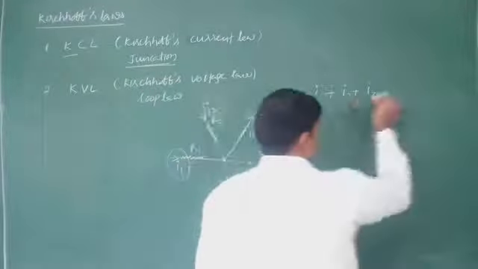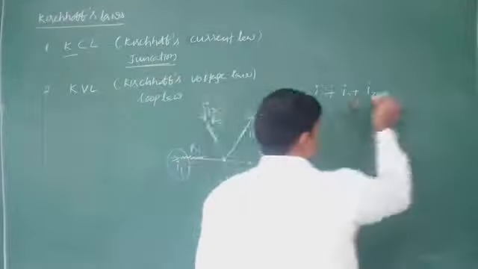So observe here, right now we are moving from the low potential to the high potential. Potential value increases, which means plus V is equal to 0. Whatever it may be, not only 100 volts, the voltage is V volts. So plus V is equal to 0. From this, V is equal to V1 plus V2 plus V3. That is, V is equal to I into R1 plus R2 plus R3.